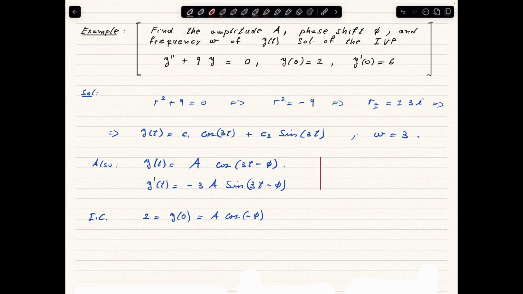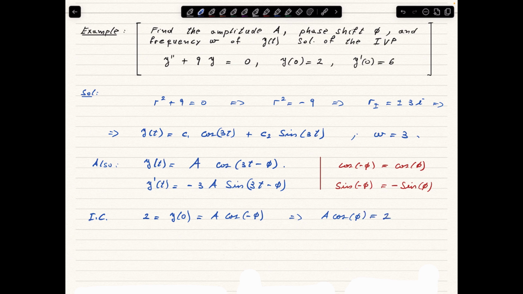One, we are going to use it right now, that the cosine of negative phi is actually equal to the cosine of positive phi, while the sine of negative phi is actually equal to negative the sine of phi. Okay, so we use the first formula here, and we end up with a cosine of phi is going to be equal